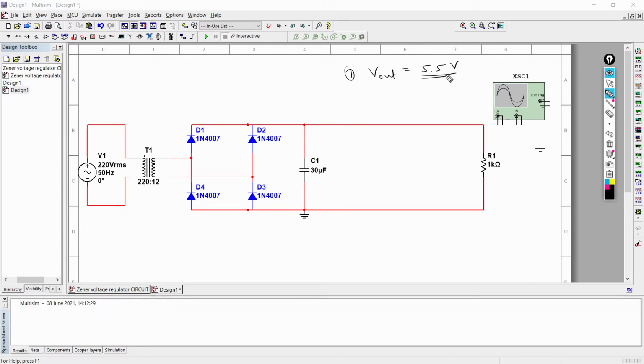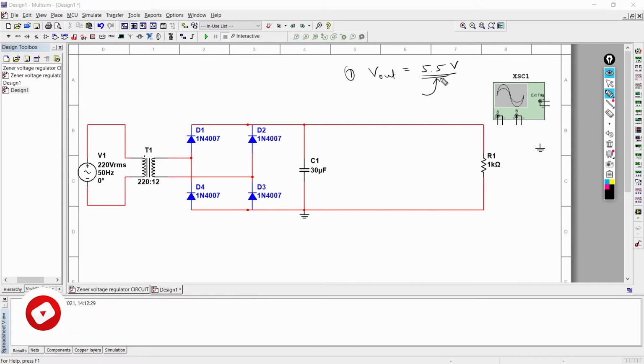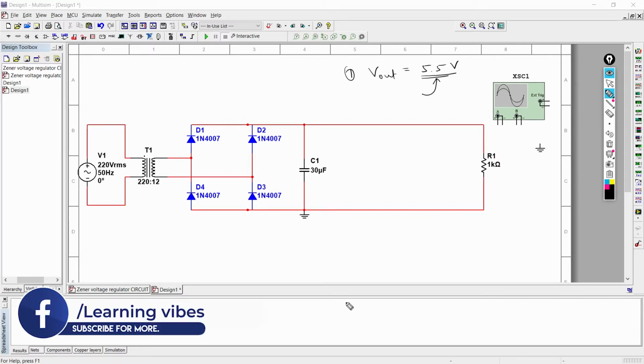So now how to decide the appropriate Zener diode for this? We need to find which Zener diode's Zener breakdown voltage is the nearest to 5.5 volt. For that, let me show you the data sheet of different Zener diodes.